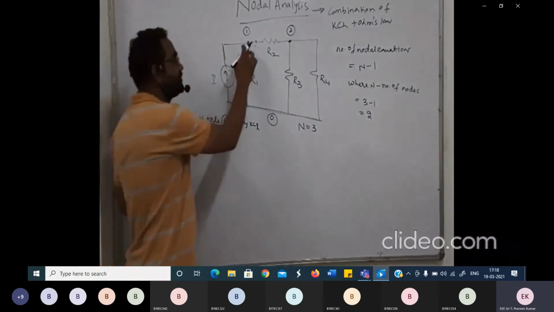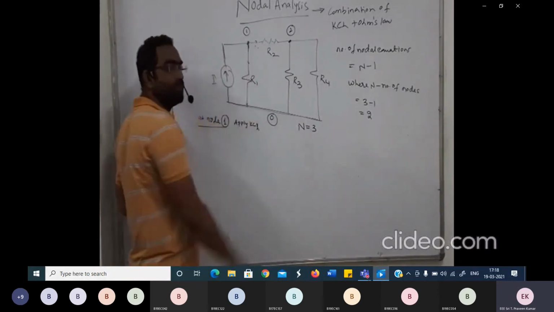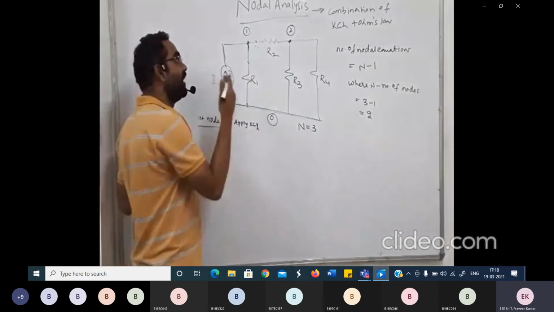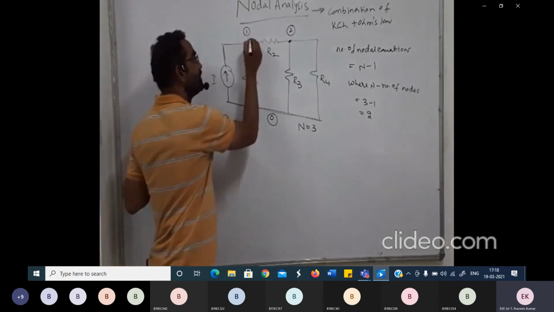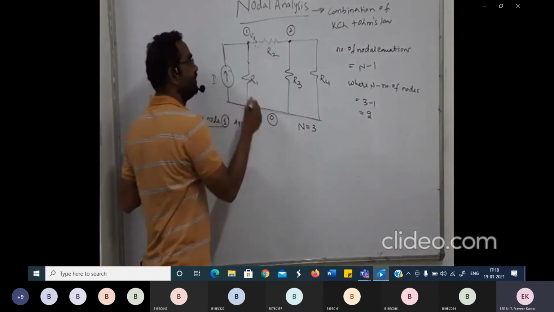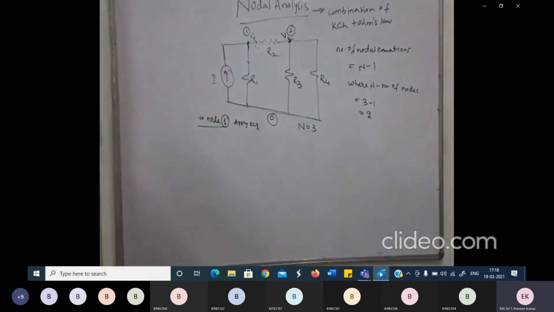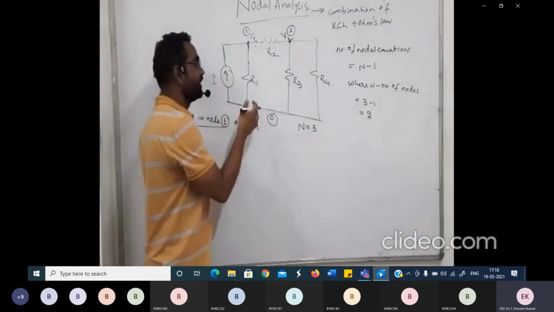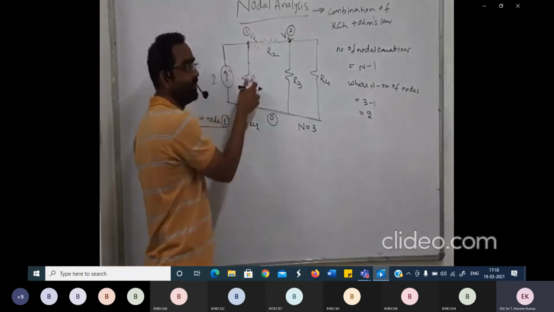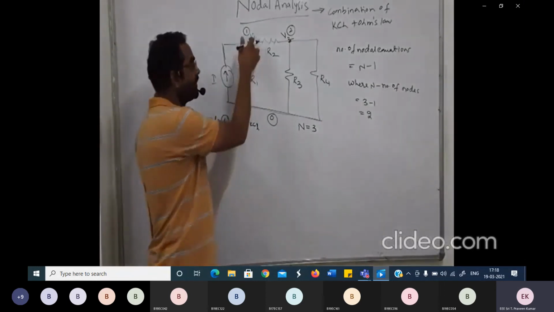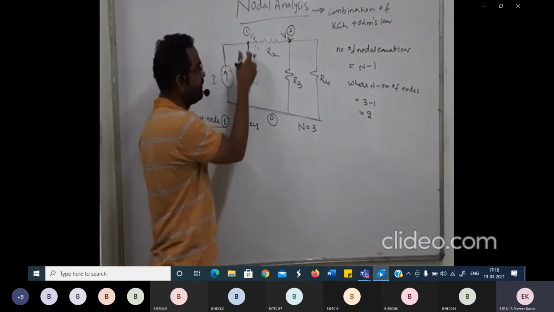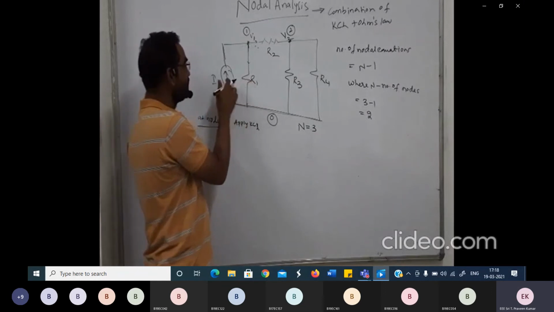First see, at the first node, what are the elements connected here? And indicate the voltage at the first node, I am making it V1. This I am taking as V2. Now, because you know that the current flowing through a particular element is nothing but voltage divided by resistance if it is a resistor, the current in this resistance will be V1 by R1, right?